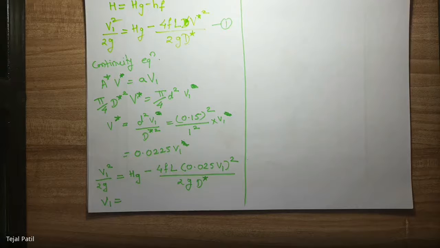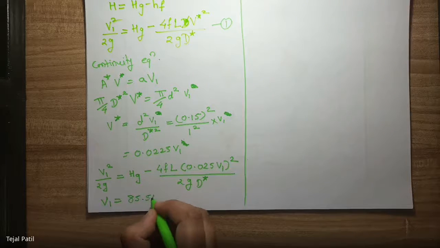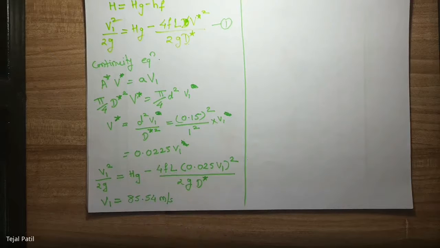One more thing, remember that this length is given in kilometers, okay? So multiply it by 1000 to convert to meters. Most of the time it happens that you forget about the units and take only the numbers. Yes, Richa, it is correct, 85.54 meter per second. Hopefully you all have also got almost the same value. 85.85 is also correct. No problem. So this is how you have to find the V1.